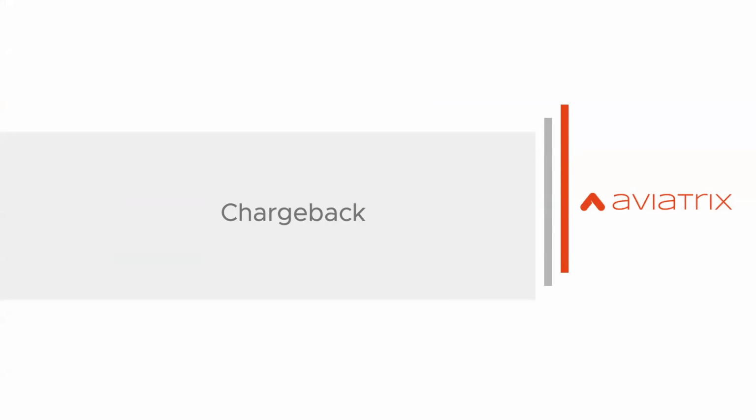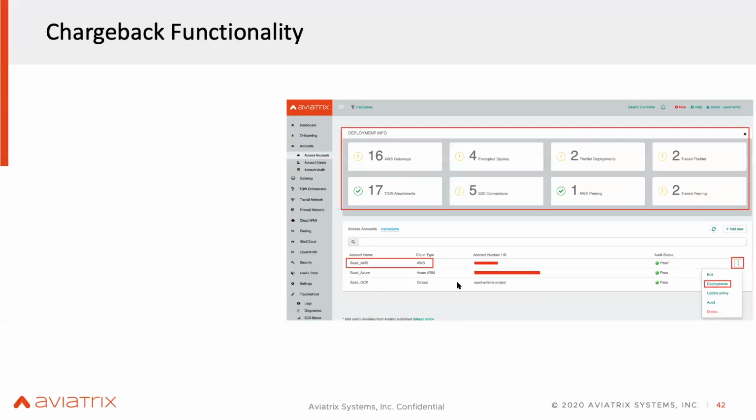Okay, the last feature here is called chargeback. Chargeback is very, very simple and very powerful. When you deploy a number of resources, like the gateway, TGW, or site to cloud connections, they could be deployed by one account, or there could be multiple tenants in the controller deploying these services or gateways. So if you want to charge back for these services to their respective business units, you can easily come into the controller, click on this account,